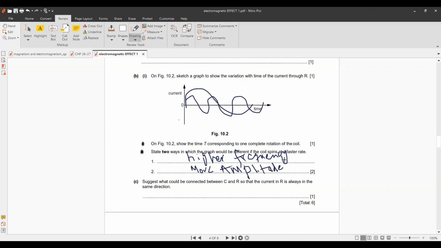Then we have: suggest what could be connected between C and R so that the current in R is always